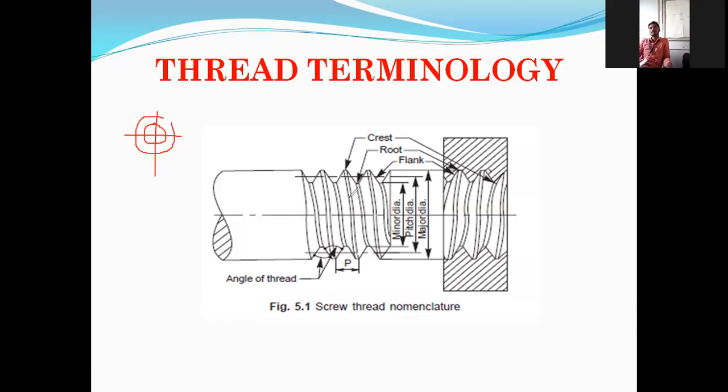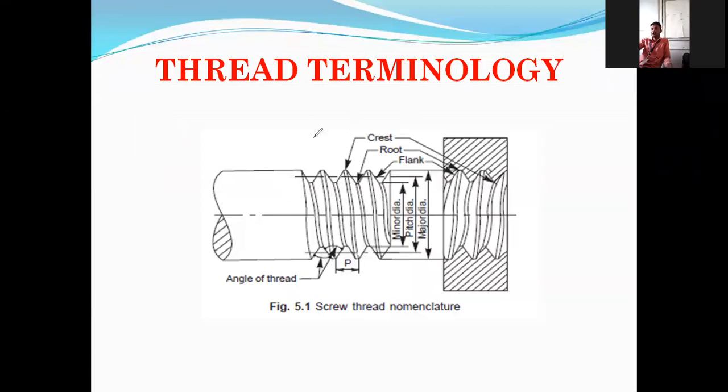So what was the sentence I asked you to remember? Whenever there is a complete internal circle, then there are internal threads. And when there is a complete external circle, then there are external threads. Very good. Whenever there is an external thread, the external circle is complete. Whenever there is an internal thread, the internal circle is complete. Very good.